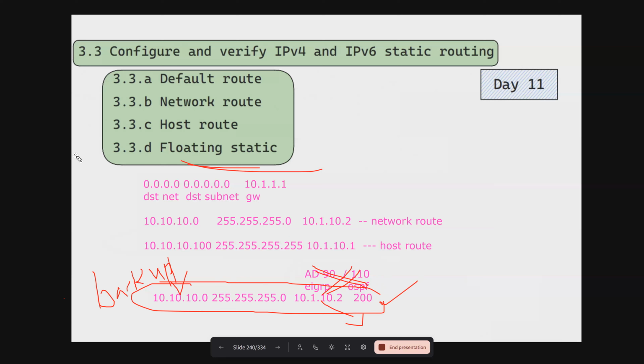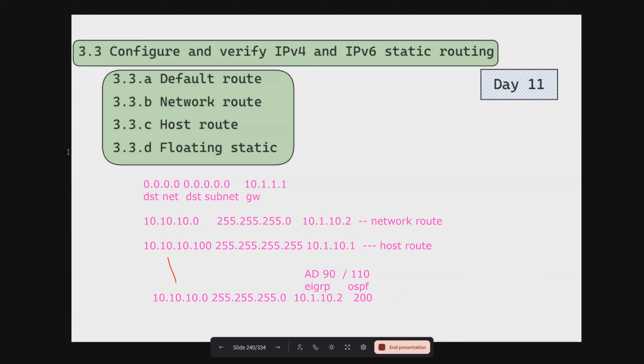Right. So these are the concepts we have. Although these are pointing towards one concept, that is how to create a static route and apply it, you can think of these as different use cases related to a static route. You can create default, you can have the network, you may have the host, you may have the floating static. Now these types of routes you can create not only with respect to IPv4, you can create with respect to IPv6 as well. So let's see,